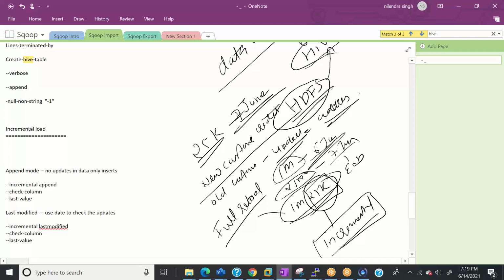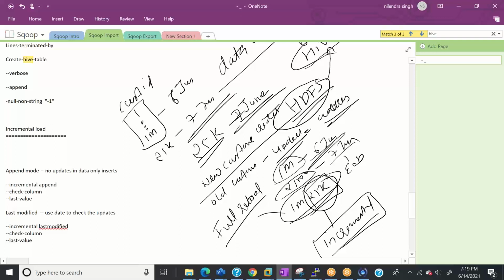So now if we talk about incremental, right? Forget about Sqoop. How can we make sure that a record is incremental? We have a customer ID on 6th of June from 1 to 1 million. So we have these many records on 6th of June. And now we have 25K records on 7th of June. So now there are two ways to identify.